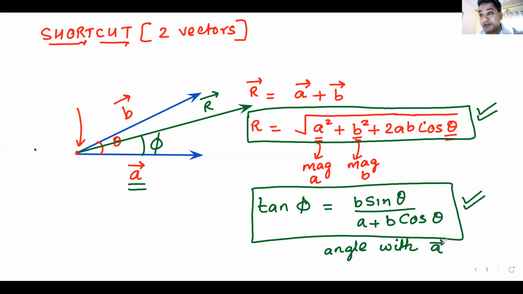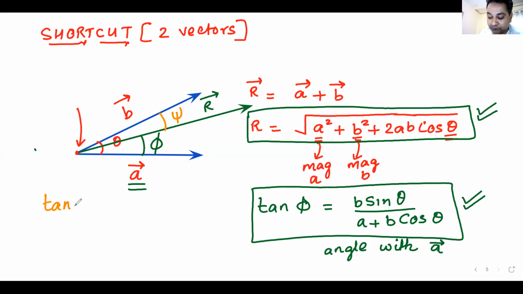Very correct. Now I'll give you one homework question. You will not find it in any book. No book will tell you this, so you have to do it on your own. If instead of the A vector, I wanted to know this angle, the yellow one that I've drawn, let me call this xi. Again, a Greek alphabet. If I wanted to find this angle xi, tan of xi,